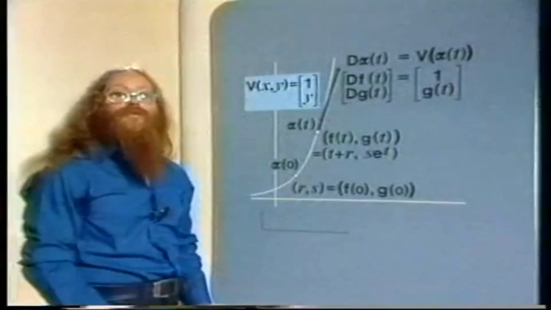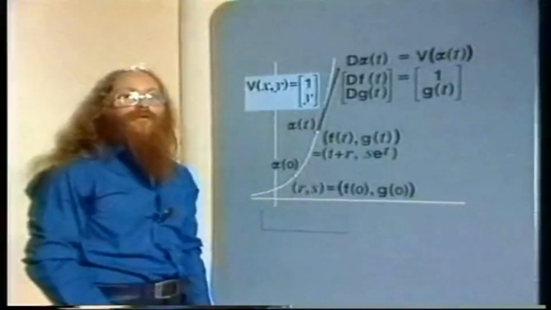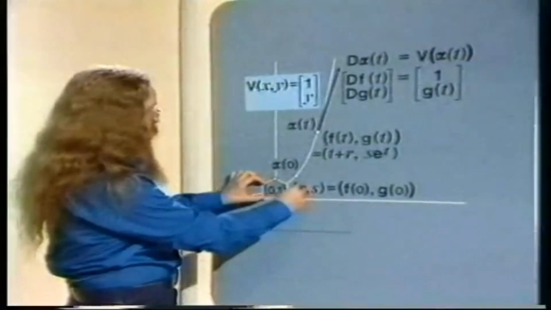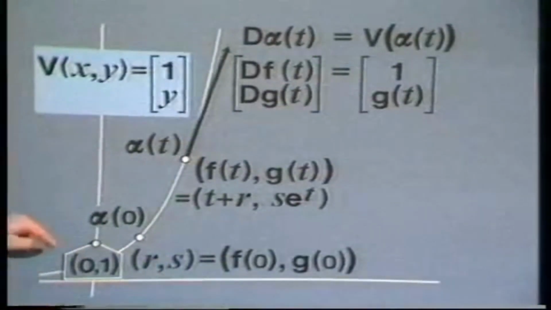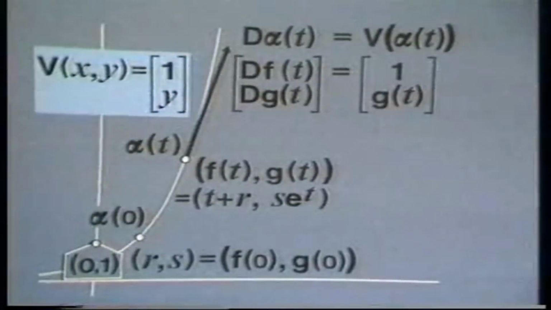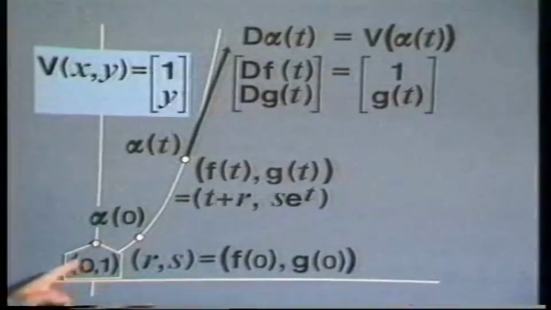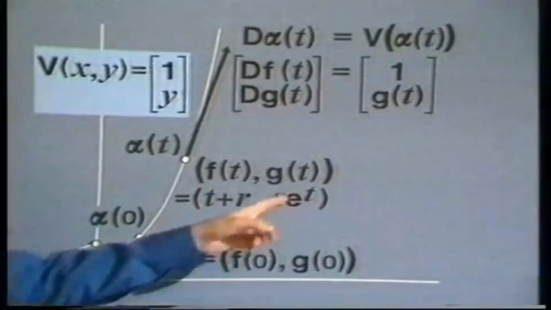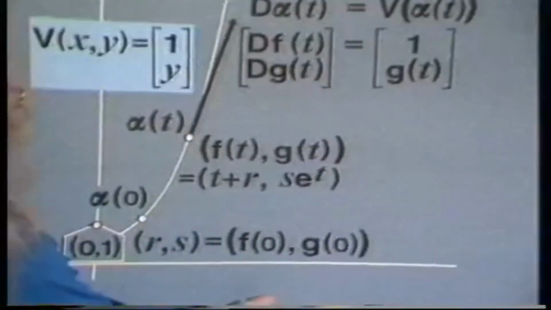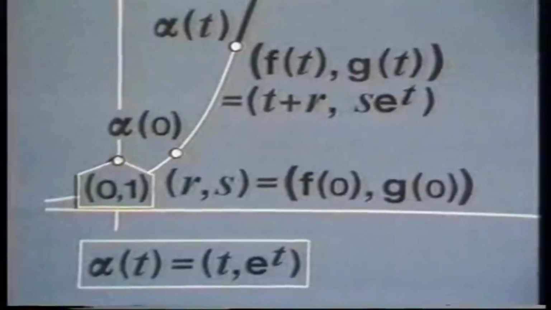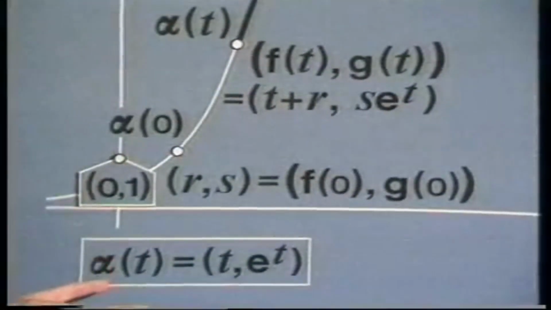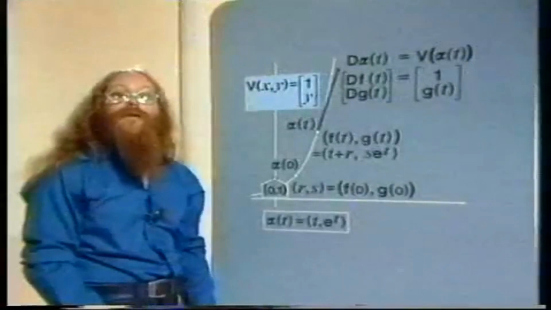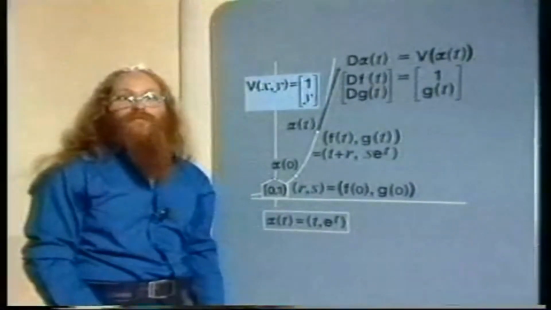Well, notice that r and s could be any real numbers, so we can find a flow function beginning at any point of the plane. For instance, we can find one starting here at the point 0, 1. Of course, we'll get a different flow line, but we can very easily write down an equation for the flow function because here r equals 0, s equals 1, so this becomes t, and this becomes e to the power t, and I've written it down here. In the second part of the program, we're going to use this flow function to study the function e to the power t itself. But first of all, there's a very important theoretical point that I've missed out,